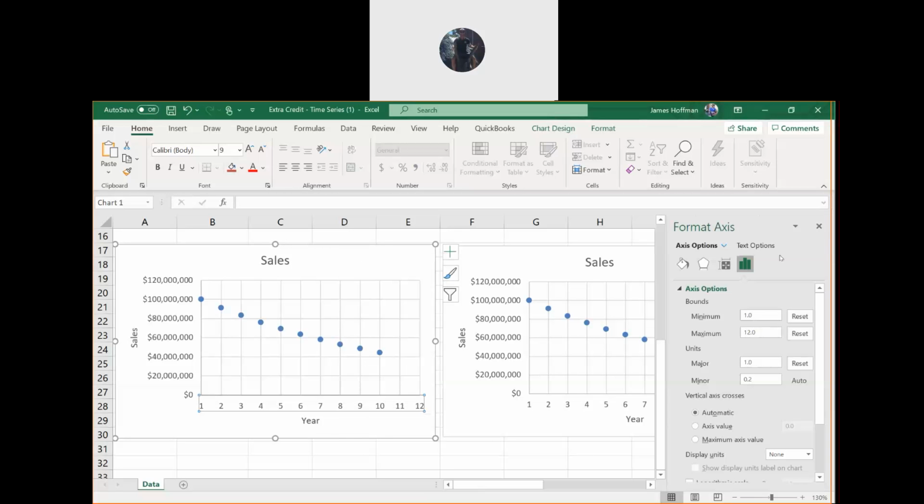And then when you're here, again, you want to change the minimum to 1, the maximum to 12, and then the major units to 1. So I think once you get here, it's easy. I think maybe it's just sometimes it's difficult to do the same thing on a Mac, but you got to get the x-axis and go to the format axes.